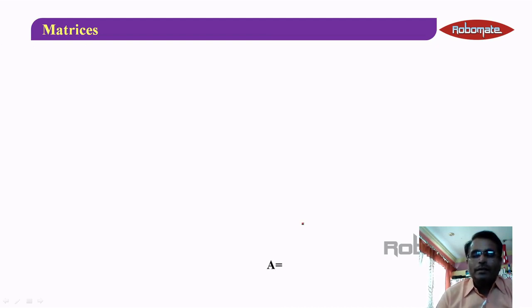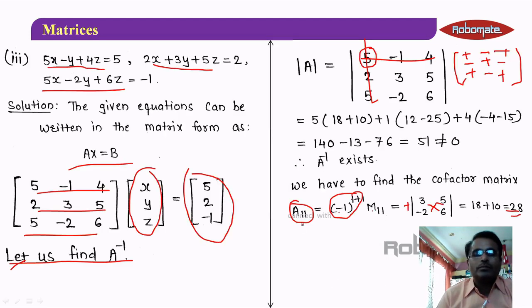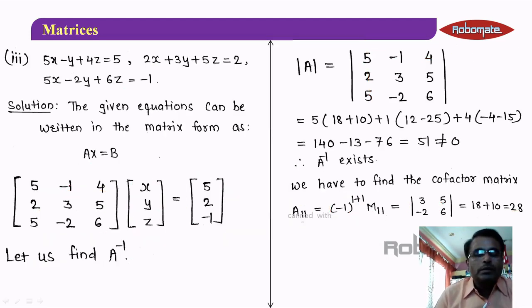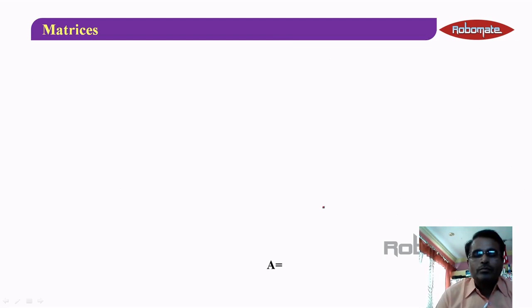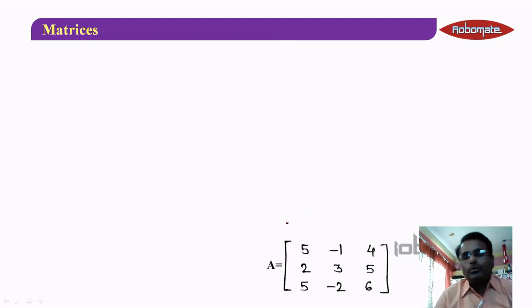So it is clear that our matrix A is this one. Already you have seen this matrix. See here, this is your matrix A. That is what we have considered in the next slide. So see here, A is the matrix. Now we want to find one by one the appropriate cofactors. Already A11 is obtained for this element.